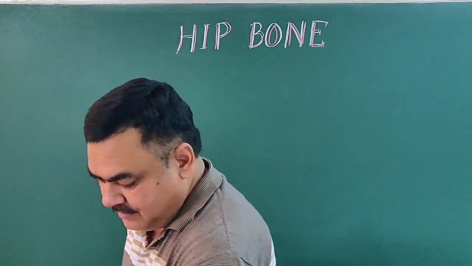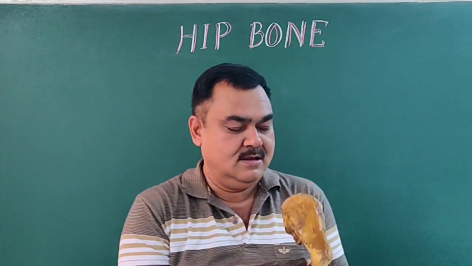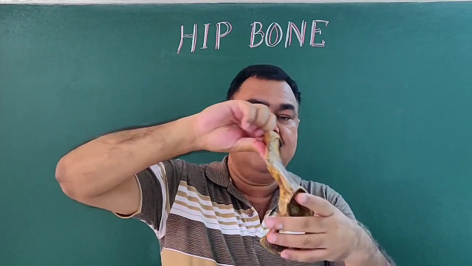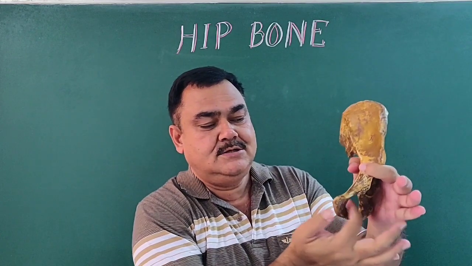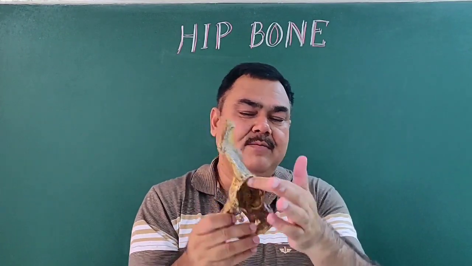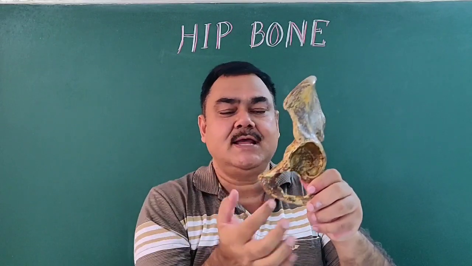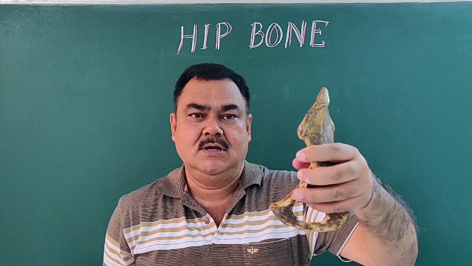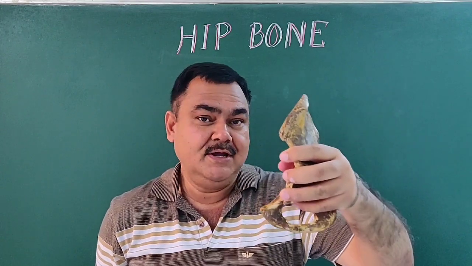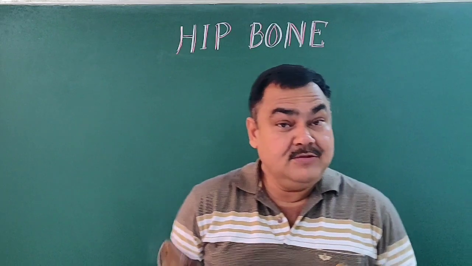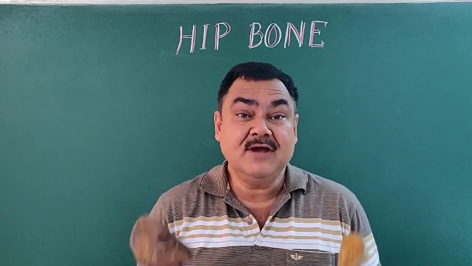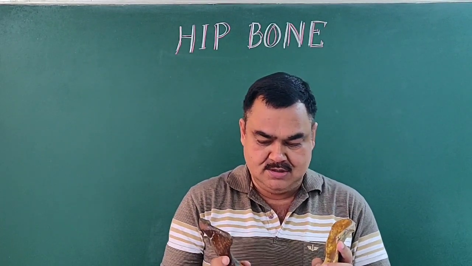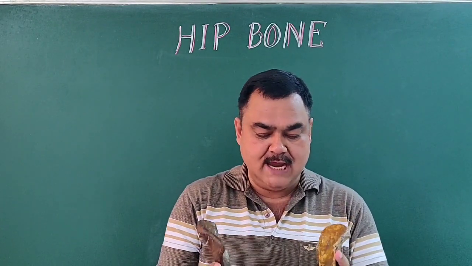If you see the other bone, here this is obturator foramen, iliac crest. This is acetabulum. This is iliac crest, and this is obturator foramen. So this bone is the left hip bone. Another important thing, anatomical position. What is anatomical position? If you articulate these two bones, it's like this.